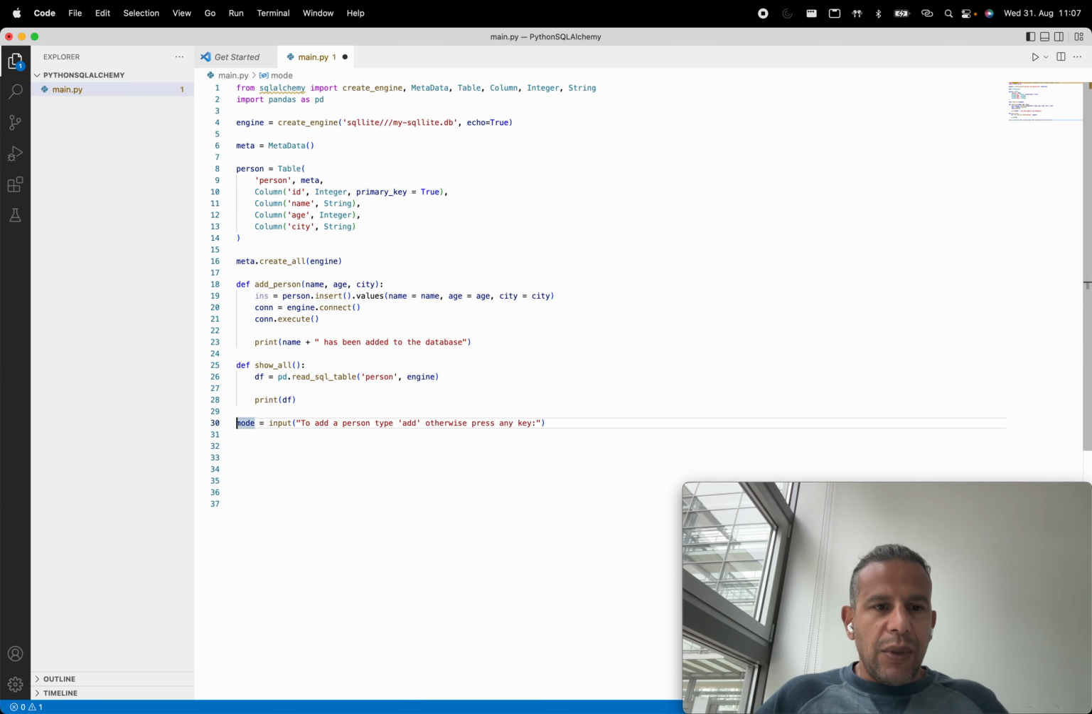So what we're going to do here is, once we start our script, if the user wants to add new values to the table, he types add, so we are in the add mode. Otherwise, we're going to display. And how to implement that in Python is very simple with an if-else statement. So we're going to write if mode equal to